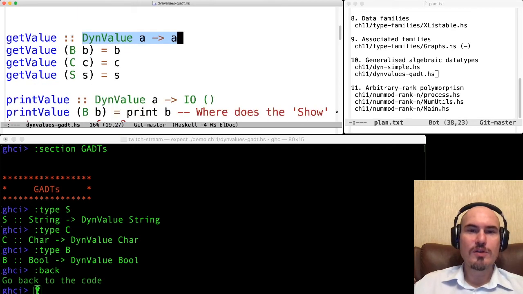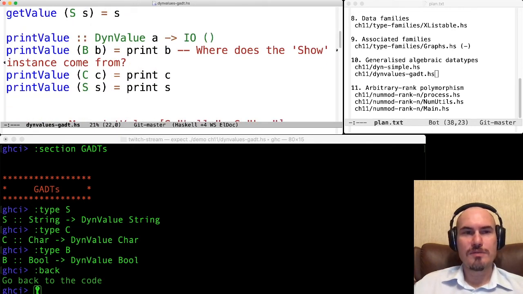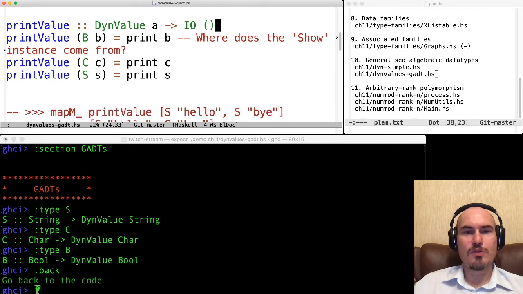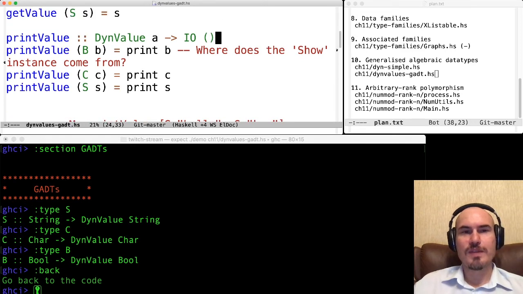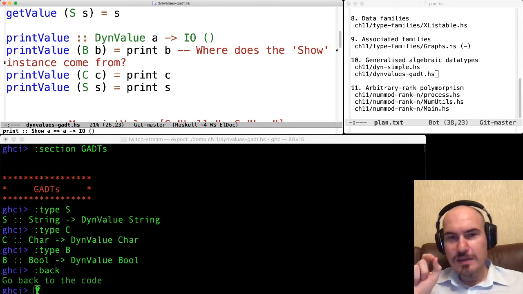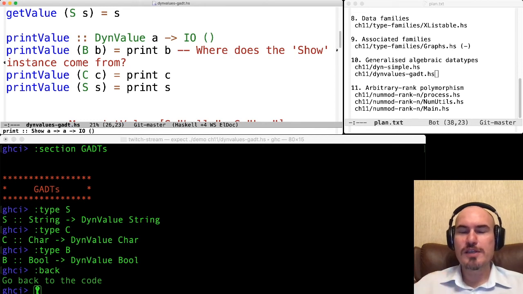We can also print this value. So let's look at this function, printValue here. If we have B, we can print B. If we have C, we can print C. And if we have S, we can print S. And there is one very important question which explains what GADTs are in disguise.